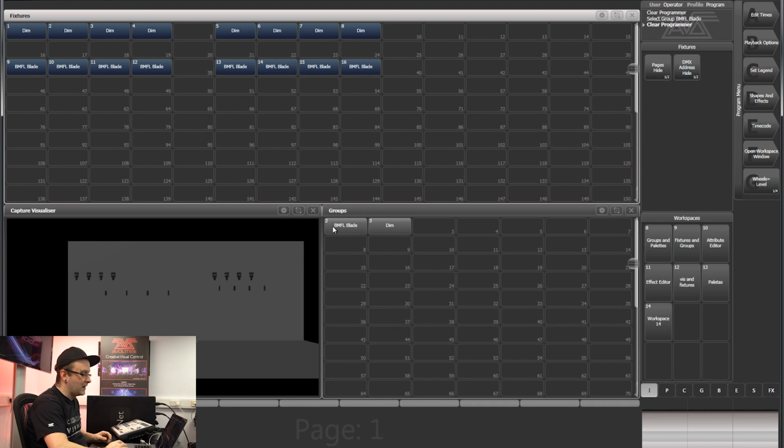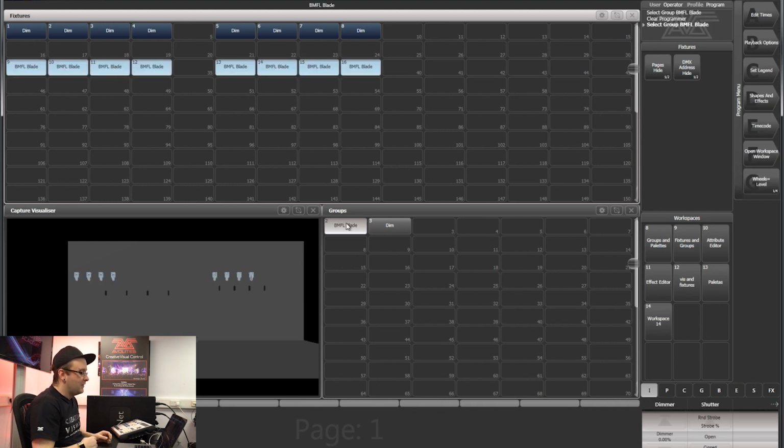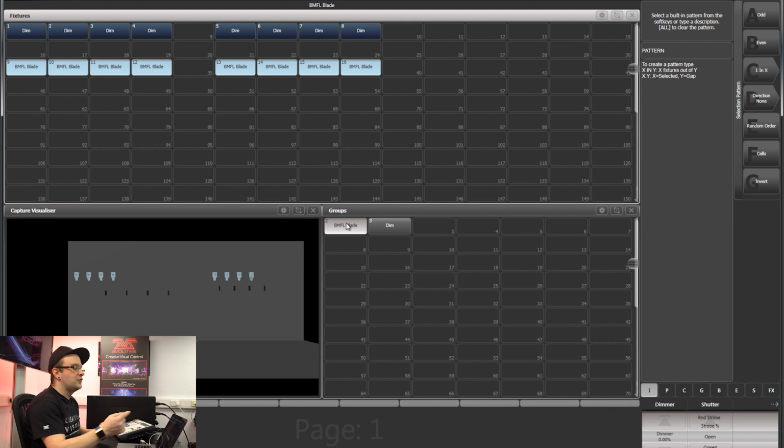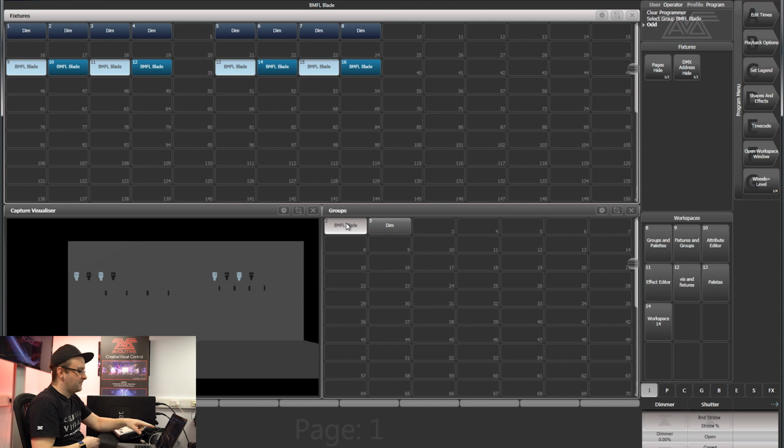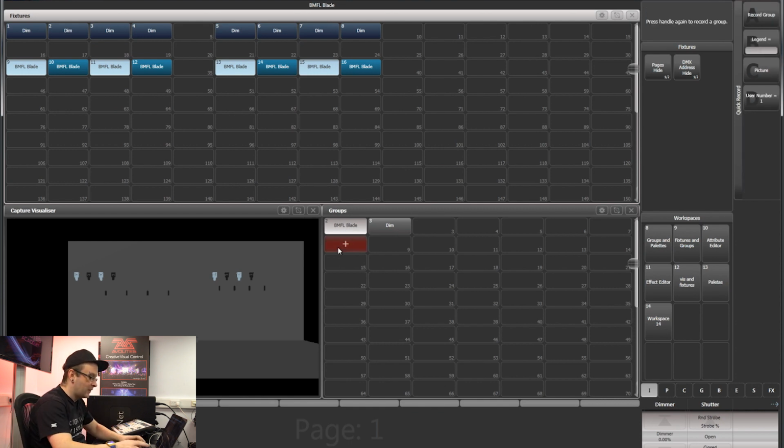So what we're going to do, we'll select all of the BMFLs, and there's a button just up here called All. If we select that, it then gives the option for what we're going to select. So we can select 1 in X, we can select odd and even. So we'll select odd, and you'll see that the 4 odd fixtures become selected. We'll record that group there